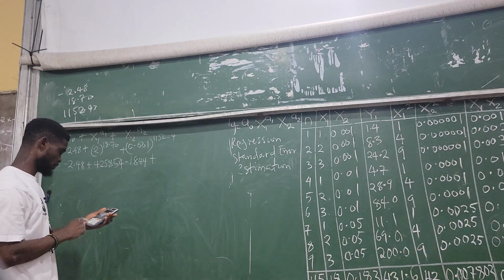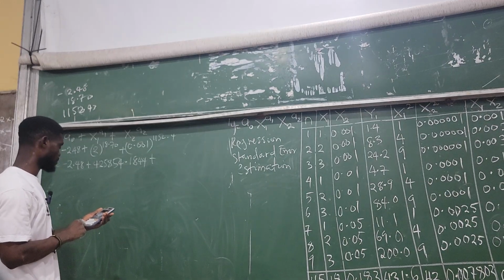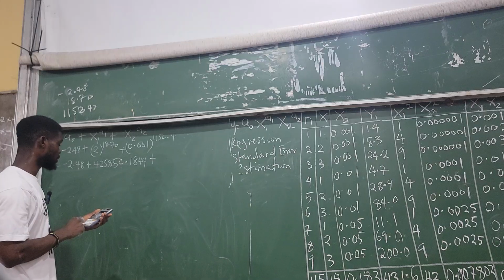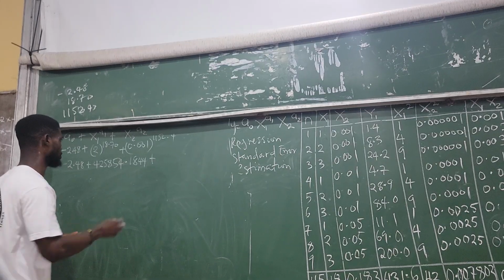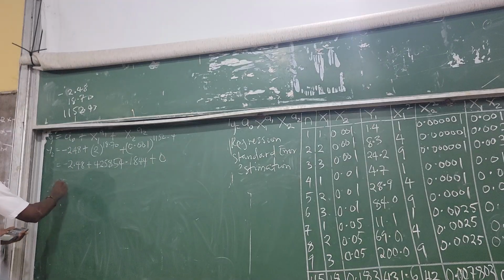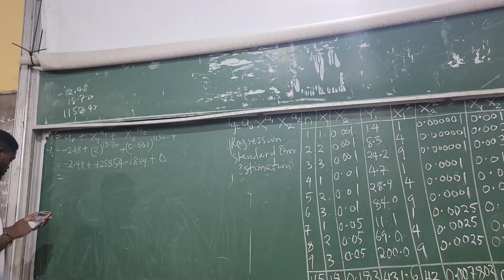You have 0.001 in square 1152 point, gives us 0. So add this together. So we have minus 2.48 plus